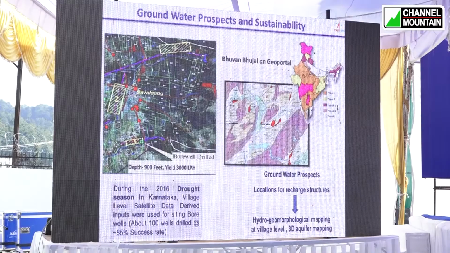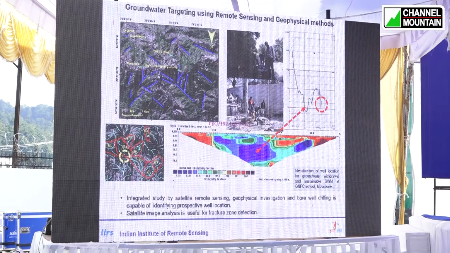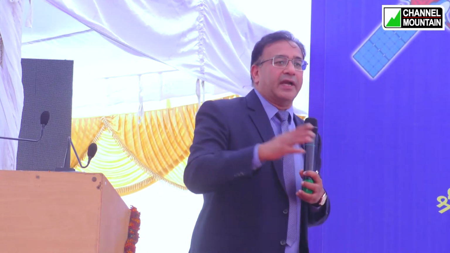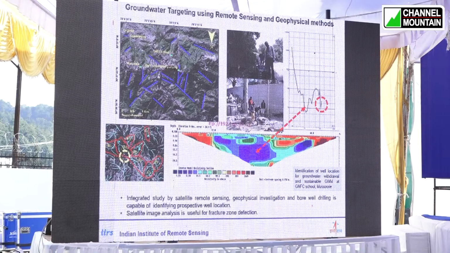Next slide. This is one example of groundwater targeting which we performed for one of the schools, and then we confirmed the location of water using geophysical prospecting. At that place the digging was done and they got a good amount of sustainable water. This kind of social geology or social geoscience is very important, so that the people in this area can benefit from these technologies.